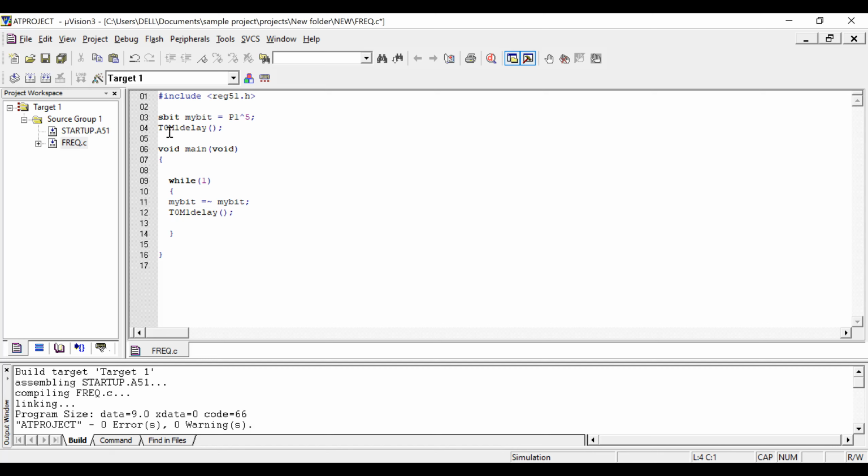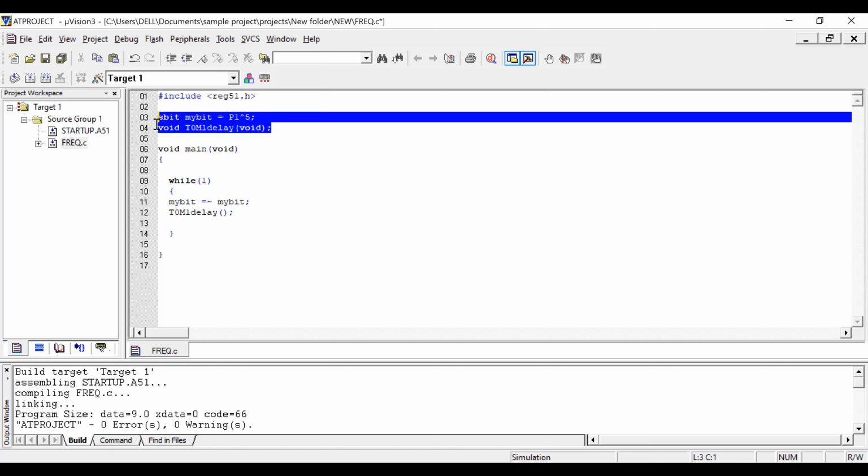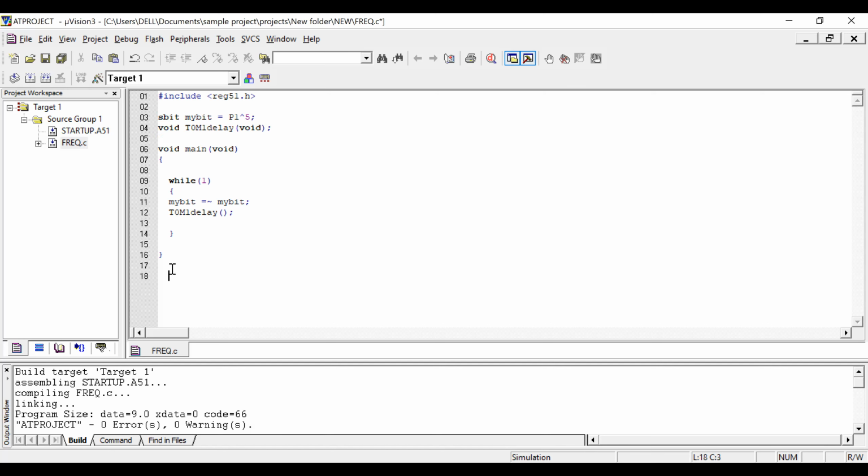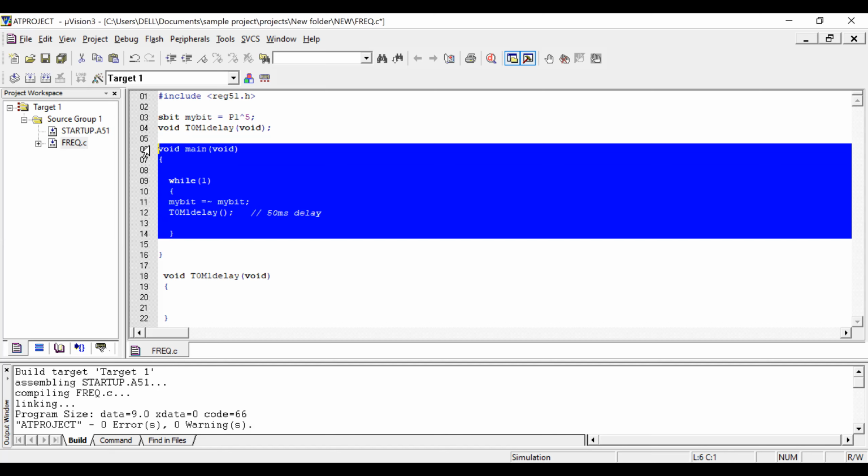In this prototype, you should mention whether you are going to return any value, whether you are going to send some value, and whether you are going to pass some value. This is my function where I am going to generate the time period, which in my question is 50 milliseconds. So this is the main program I have created.